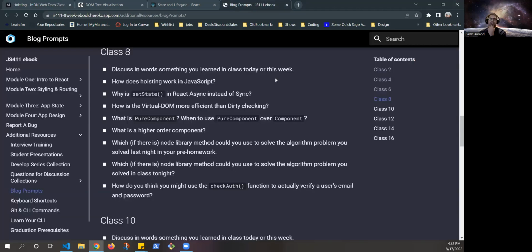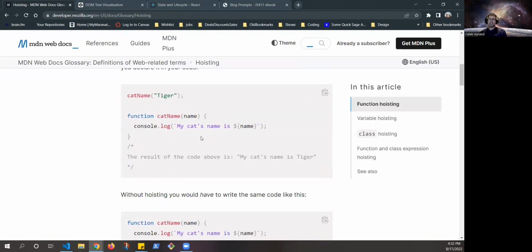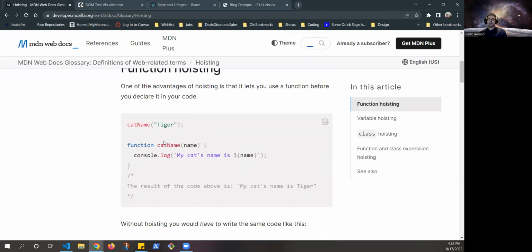Next question is, how does hoisting work in JavaScript? So hoisting, if we look at MDN here, they define hoisting as referring to the process whereby the interpreter appears to move the declaration of function, variables, or classes to the top of their scope prior to execution of the code. What that looks like, I think they have an example down here, is that they define this function, cat